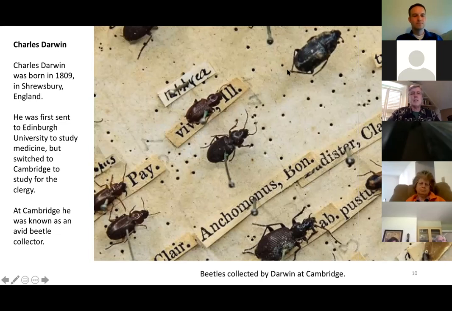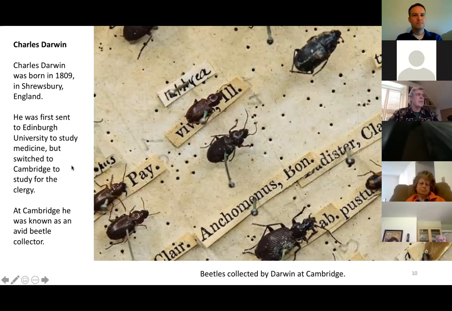What you're seeing here are some of the bugs that he collected while he was a student at Cambridge. These are now in the Cambridge University Museum. And in his bio, in order to explain just how ardent a collector he was, he tells a story of